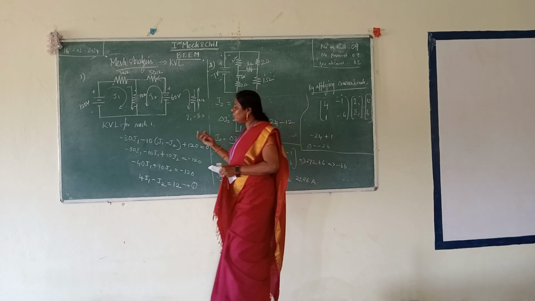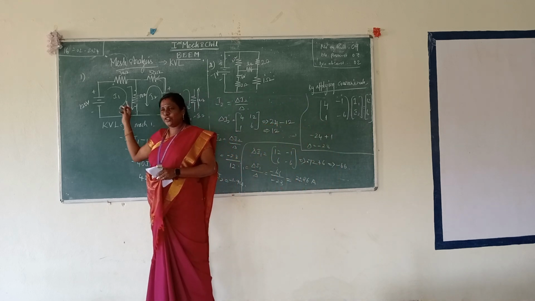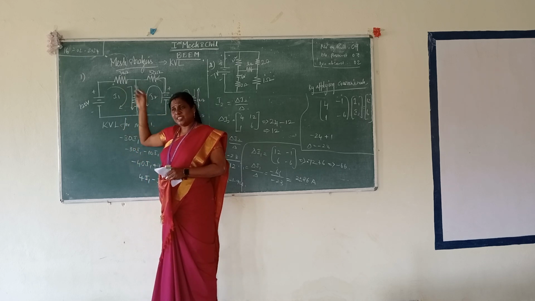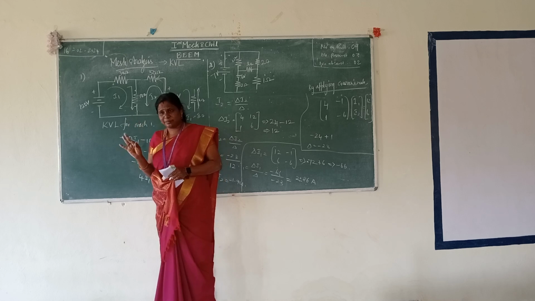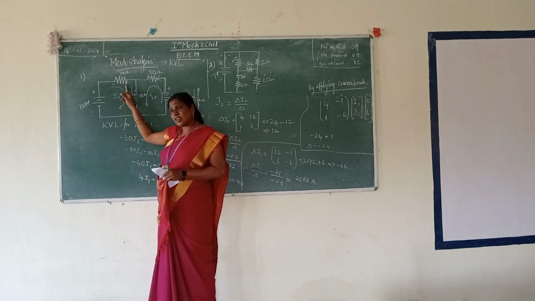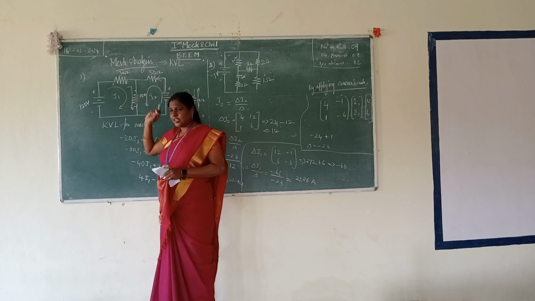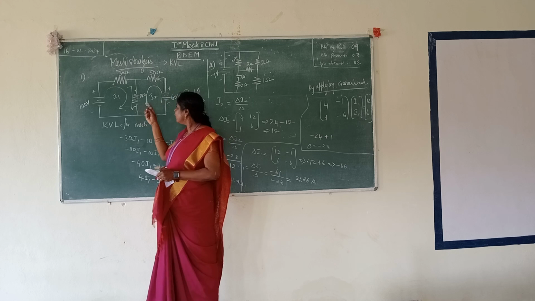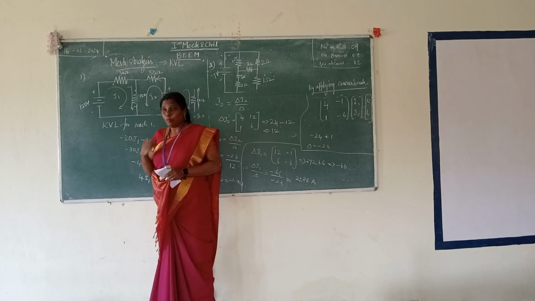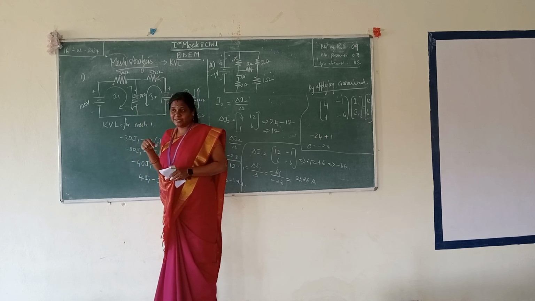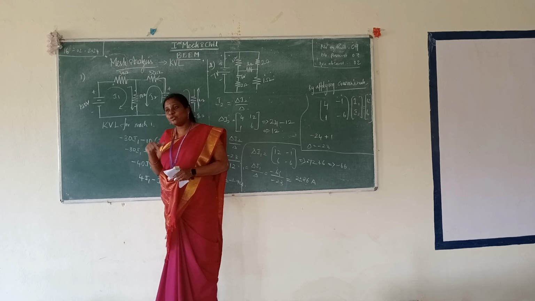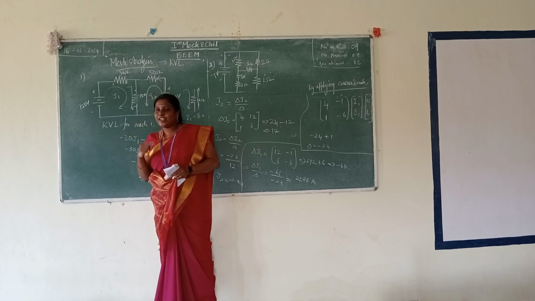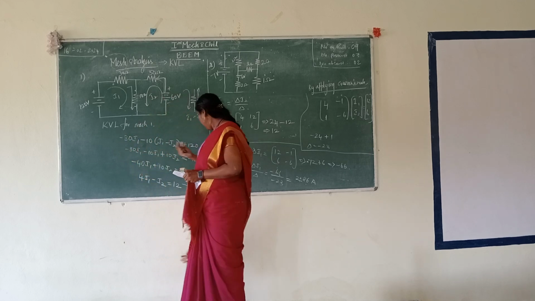Suppose they ask you to find the unknown currents, then you need to find I1 and I2. If they ask for the current through the 30 ohm resistor, you only need I1, because the current through the 30 ohm resistor is I1. The 50 ohm resistor is I2. Mostly they will ask only for the middle resistor. The current through the 10 ohm resistor may be either I1 minus I2 or I2 minus I1. So our values are, this is